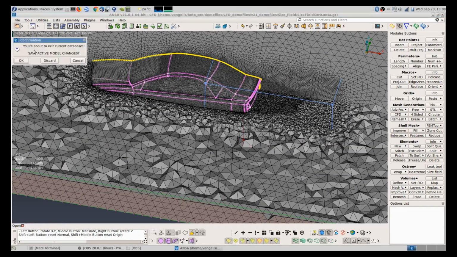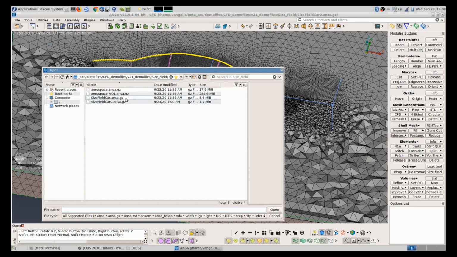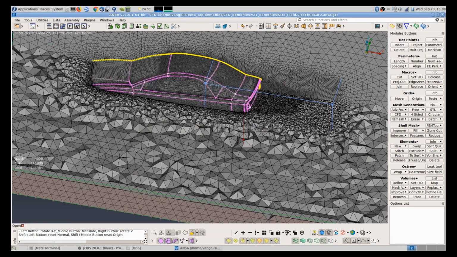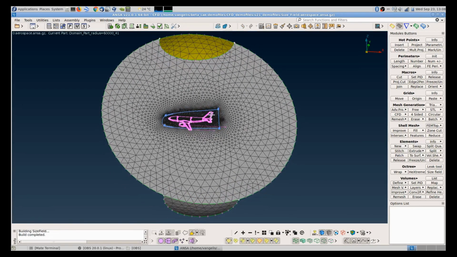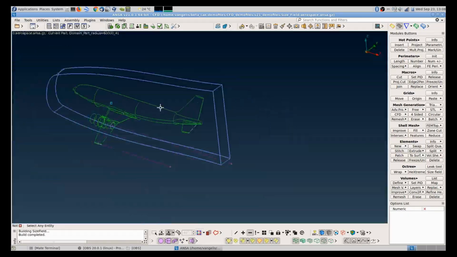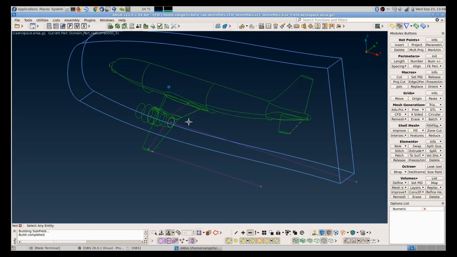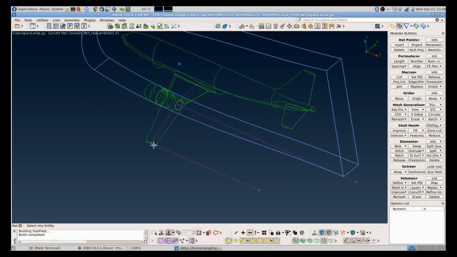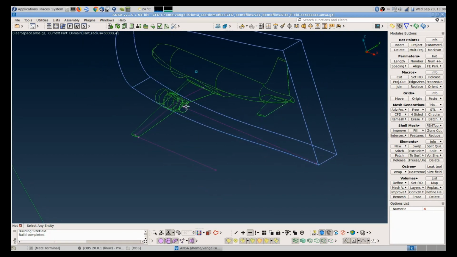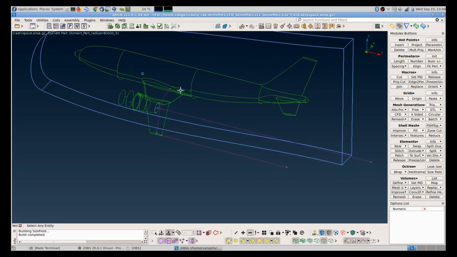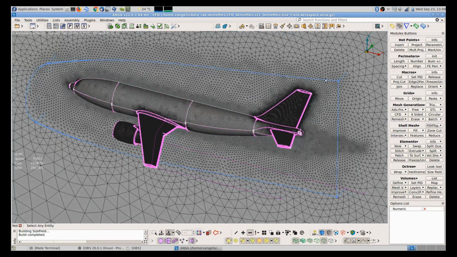Okay, let's have a look at another case. This is an aerospace case, a small one. So we have a plane, we have a size box, and we also have some 3D curves, which you can see in this magenta color, right? One that comes from the wingtip, one that comes from the exhaust of the jet engine, and one across the wing. So let's examine the size field here.